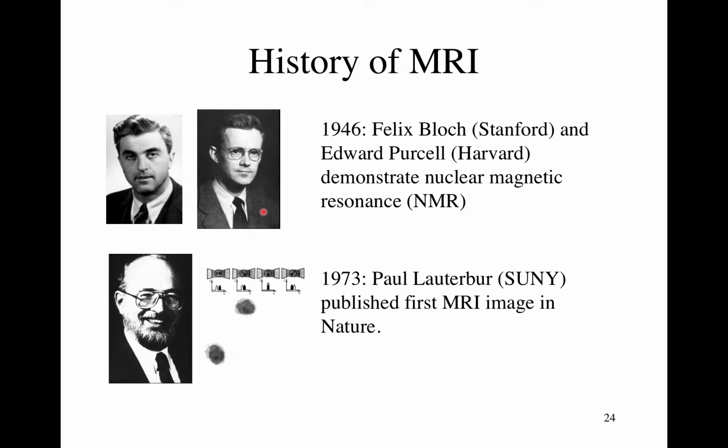So MRI, these two guys discovered NMR in their respective physics labs in '46, and then there's, you could think of, a controversy as to who was the first to do NMR imaging, but Paul Lauterbur and Peter Mansfield got the Nobel Prize for it, and were one of three folks who made the first pictures. Paul Lauterbur made a picture of two test tubes in his NMR spectrometer, right? It's generally thought to be the first NMR image. Are these two test tubes sitting beside this? And when you get into NMR, you'll see